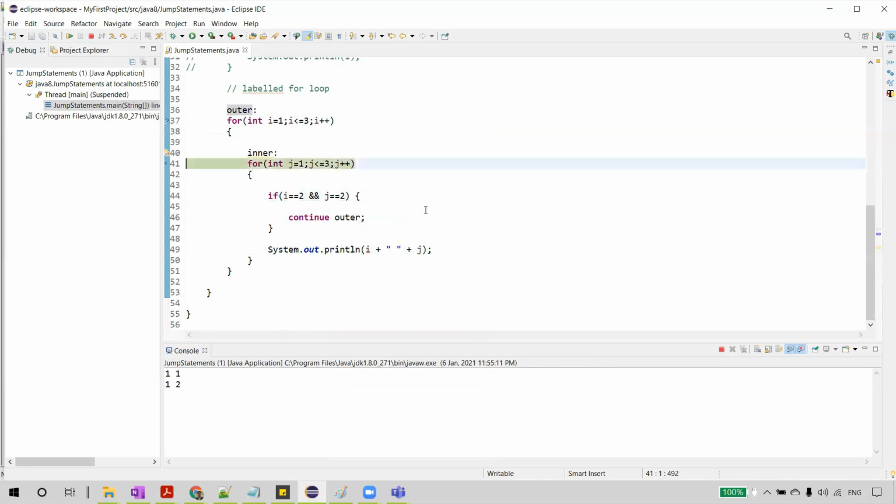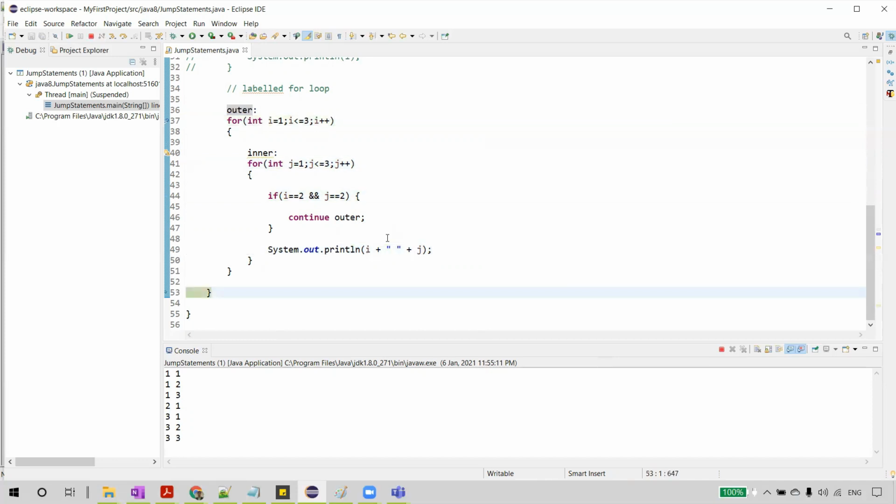As there is no change when the i value is 1, fine, it executed. Now this condition is going to become true, and it has to continue the outer loop. So what should happen? It should jump onto this outer loop, exiting this inner for loop, right? Let's see that. See, it goes back to the outer for loop, and now i value is 3,